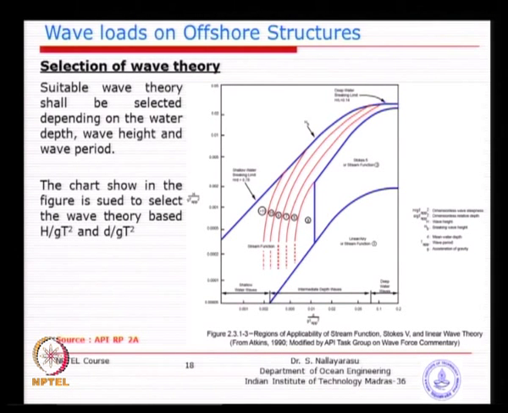So, you could see this demarcation, this line beyond which you can't use Airy's wave theory. The linear wave theory cannot be used all the time unless these parameters are such that they are below the first blue line. I think that you could easily understand. Then when you exceed beyond that line, you have several choices. You can use Stokes wave theory, you can use stream function wave theory, and then you have the last upper line beyond which the wave does not exist because of wave breaking.